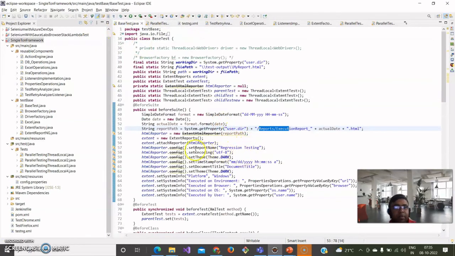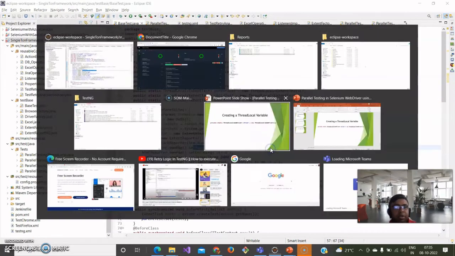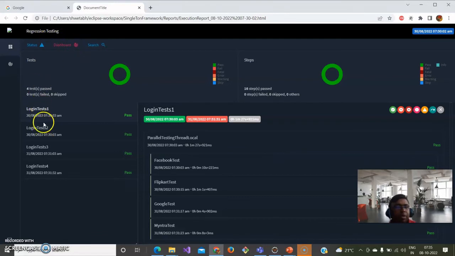So here I have given my report name as report regression testing, 4 tests, login test 1, 2, 3, 4. If you go to the first test, it will show these different methods which are there within this test, and this is my class name,